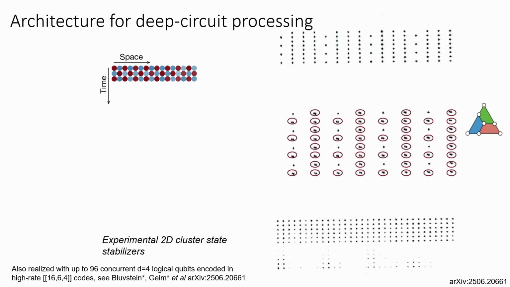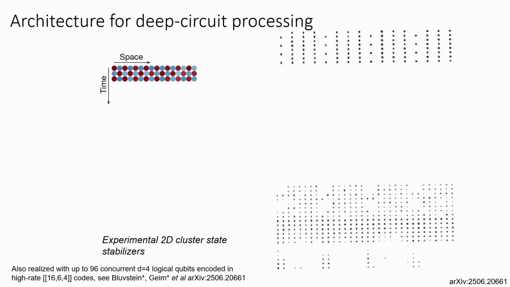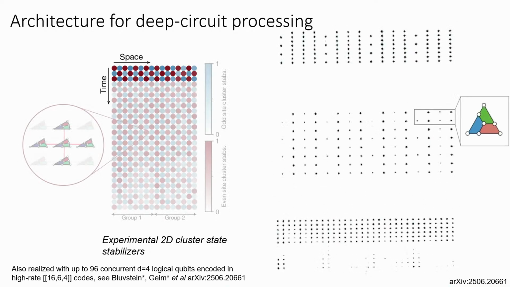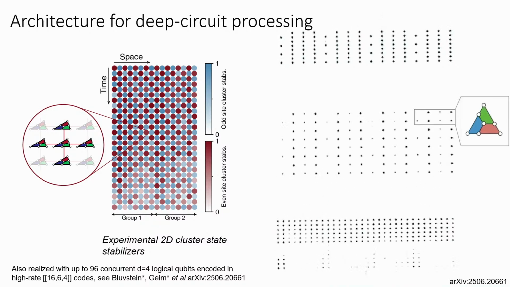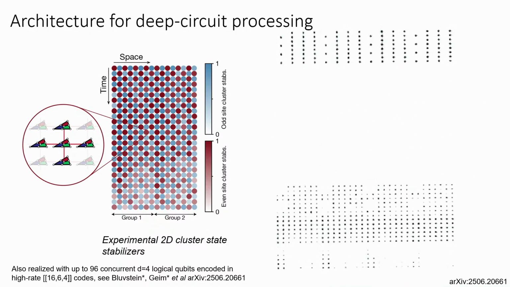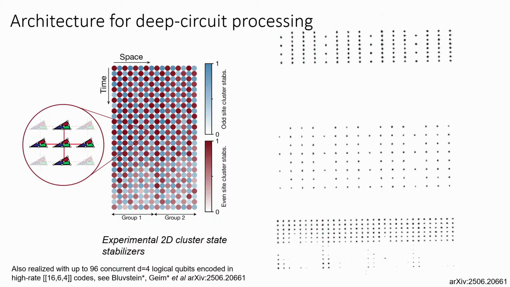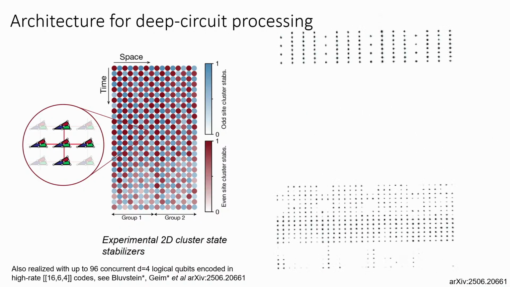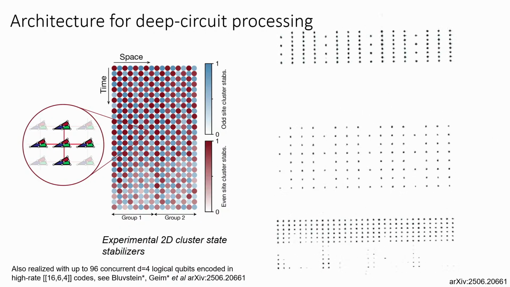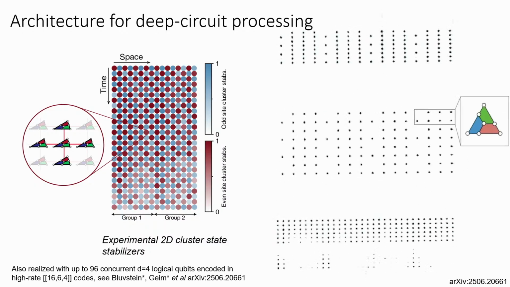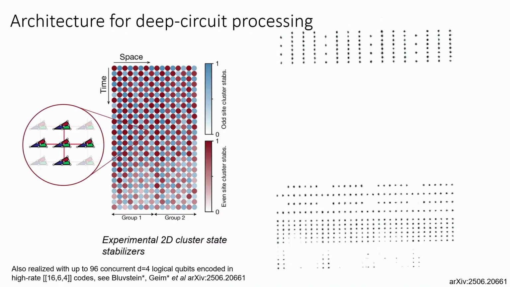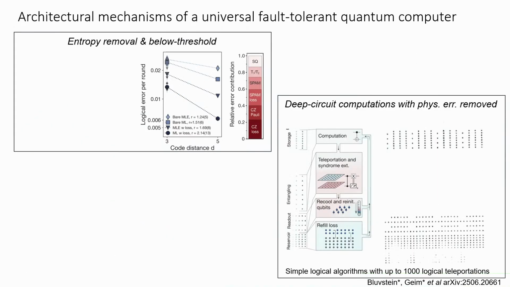Which is just a simple prototype here for doing deep circuit computations based off teleportation. Here we're making these 2D cluster states on the logical level by processing through these atoms in this deep circuit architecture. And we see that the cluster state stabilizers are good and are near the expected values until we start to run out of atoms here, and then our depletion starts to take off because we're not continuously reloading the atoms in this particular experiment. So this is roughly half of the paper that we have here.